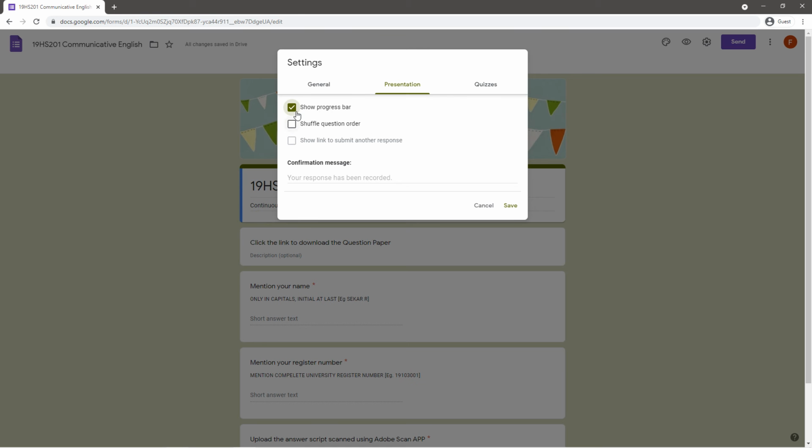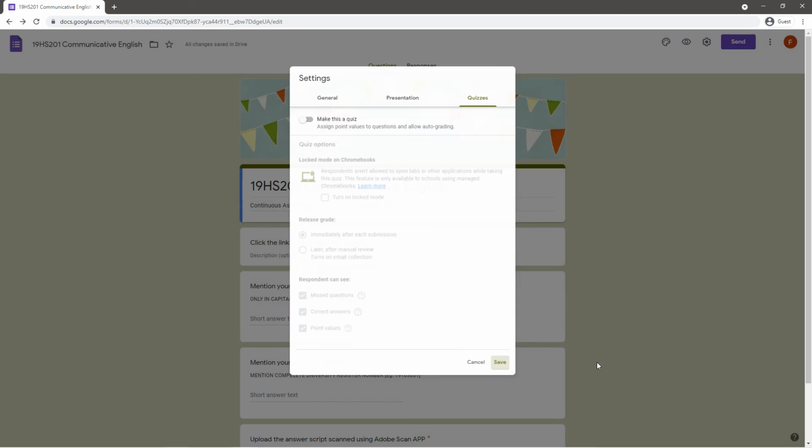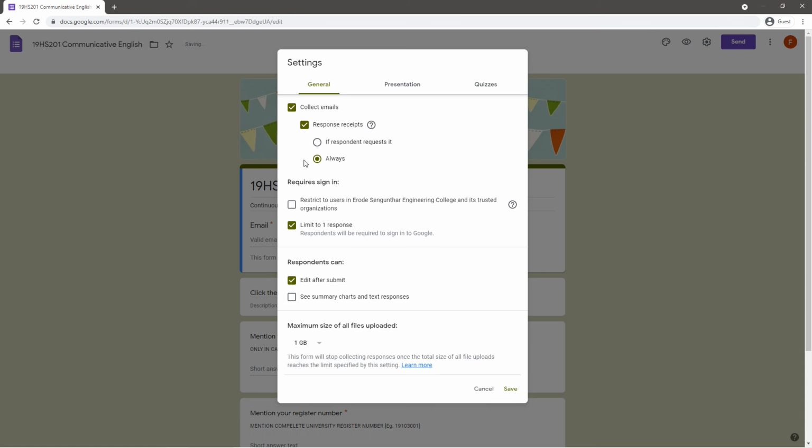And you click this progress bar. You don't shuffle the question order. Okay, let it be, and click save. So this is the settings. Okay, and then